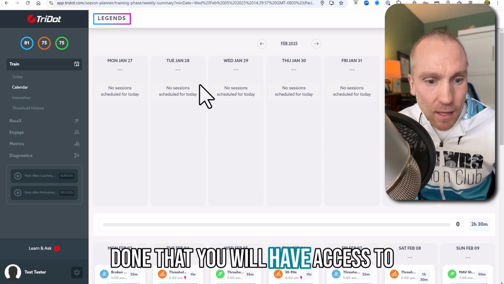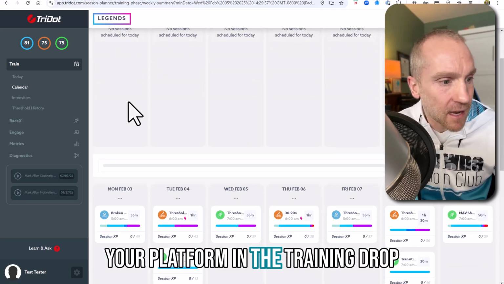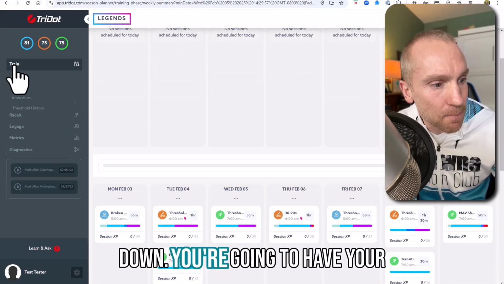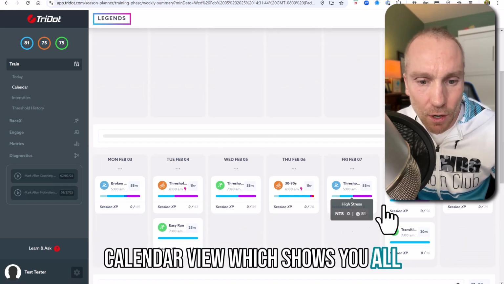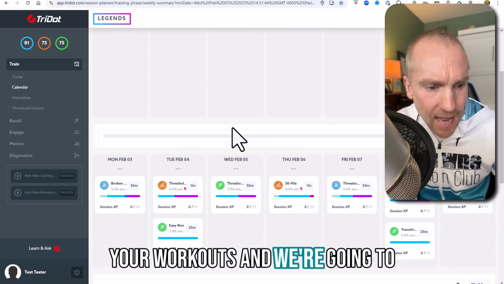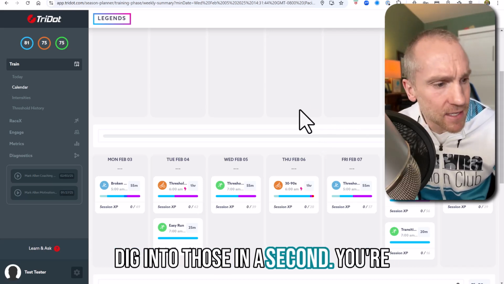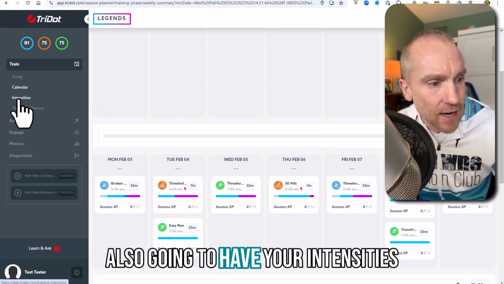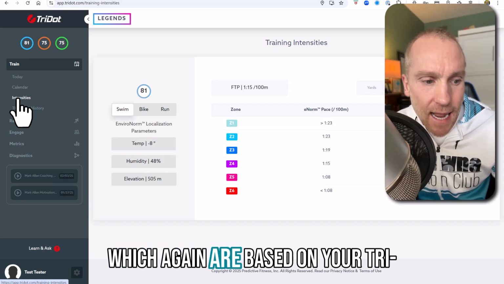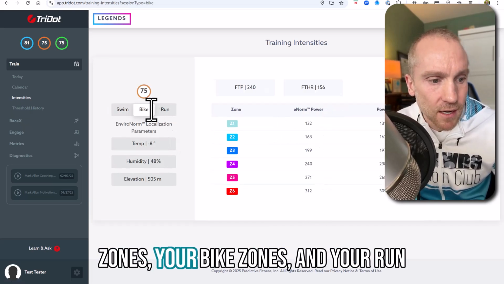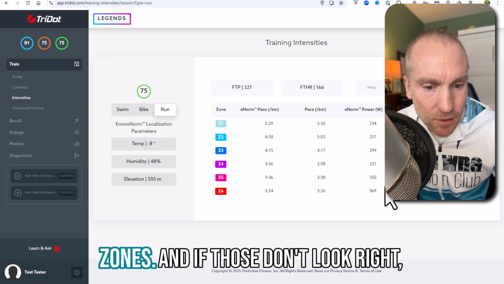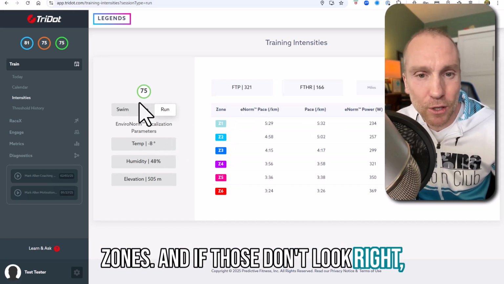Once you've done that, you will have access to your platform. In the training drop-down, you're going to have your calendar view, which shows you all your workouts, and we're going to dig into those in a second. You're also going to have your intensities, which again are based on your TriDot scores. So you have your swim zones, your bike zones, and your run zones. And if those don't look right,